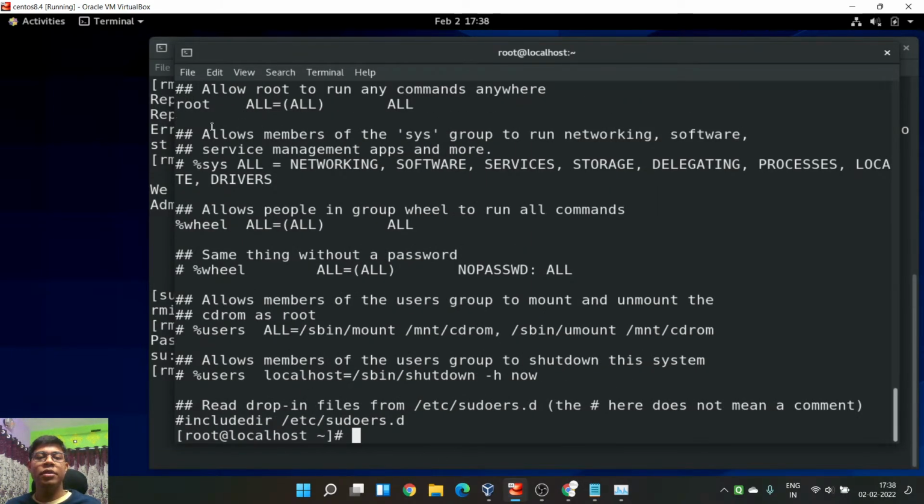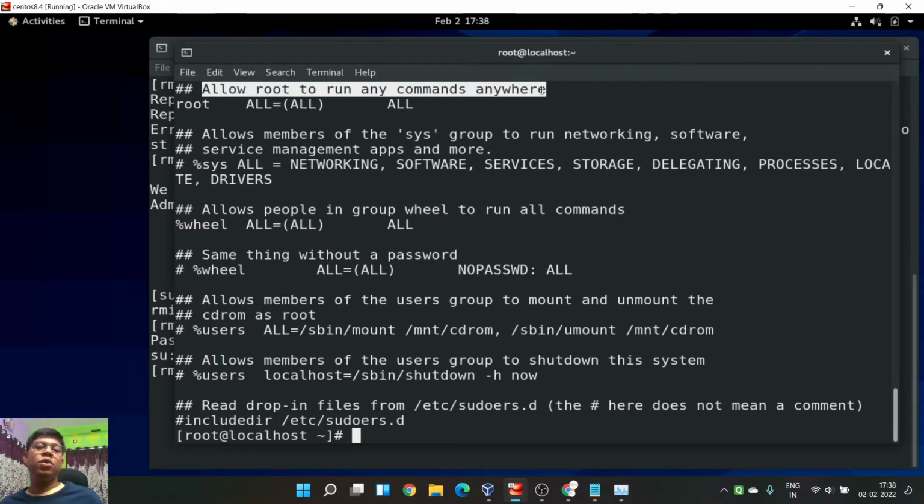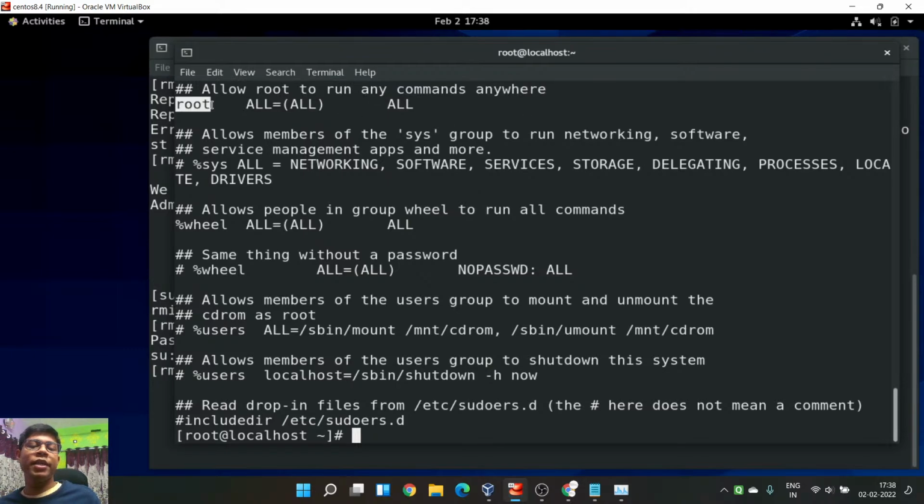here you have this line: allow root to run any commands anywhere. So here it is showing that root is a user, and root can run all the commands. This ALL means all the commands, and these two other fields have different meanings. This one, I believe, is machine and networking. So you can set up even IP addresses for remote systems, from which remote system you can run. So yes, you can customize a lot of things.